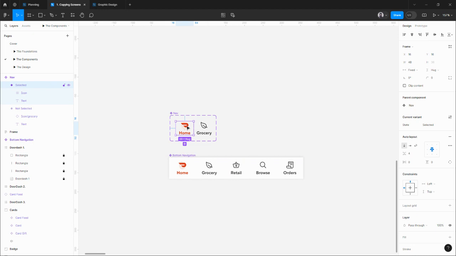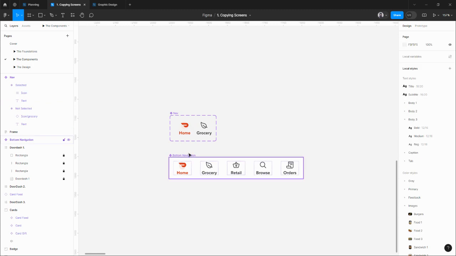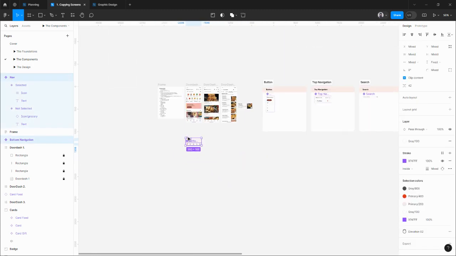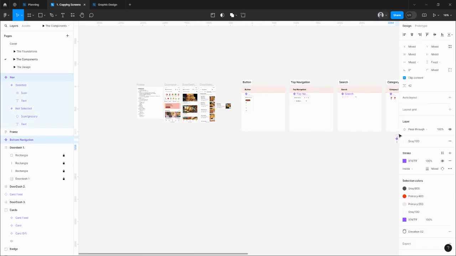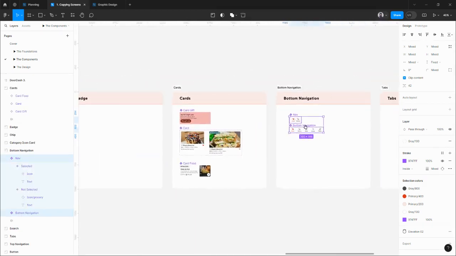So for that, you will be working on all. I applied all the properties here, so all those properties can be added here too. So you can do that and make all 5 versions of this. So get creative. I'm going to place these 2 items to my bottom navigation